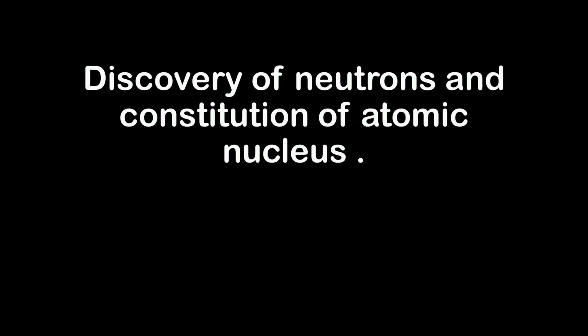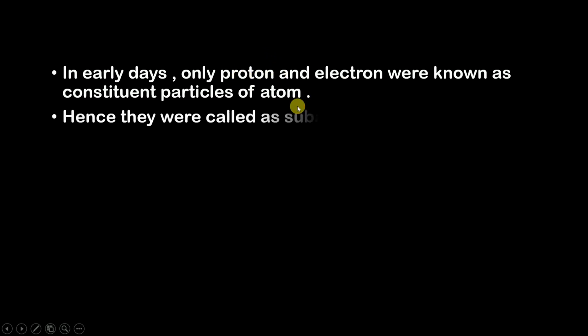And now, after finishing the discovery of electrons and the discovery of protons, we are starting with a new topic, that is the discovery of neutrons and constitution of atomic nucleus. So now, in early days, people only knew that there are electrons and protons present in an atom. They were not aware that an atom also consists of a neutron. Since they only knew these two, protons and electrons, they named them subatomic